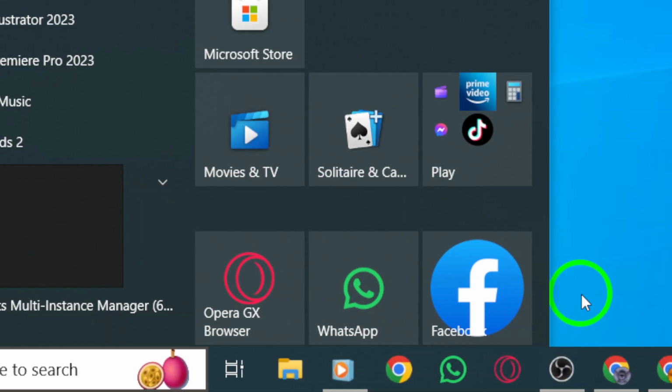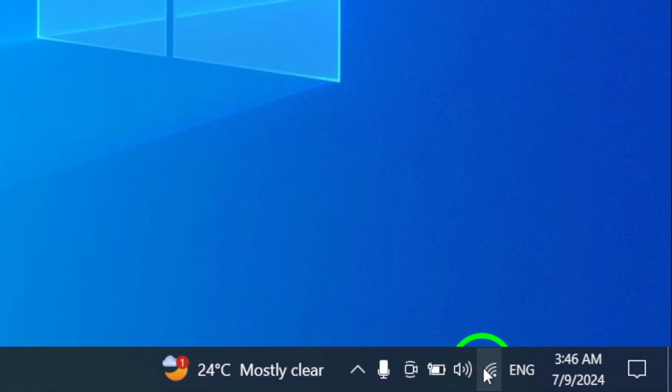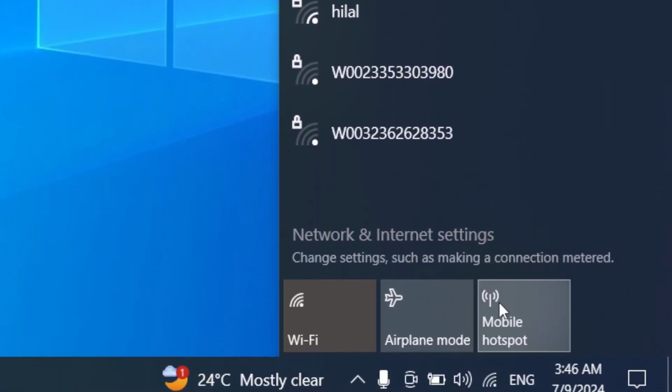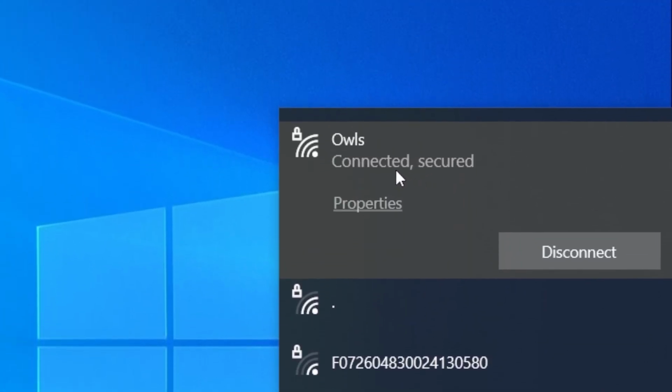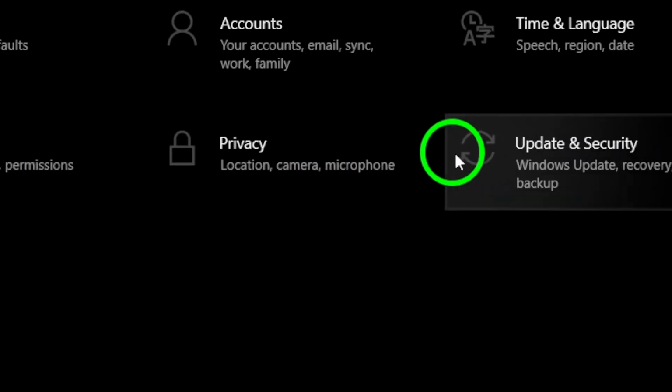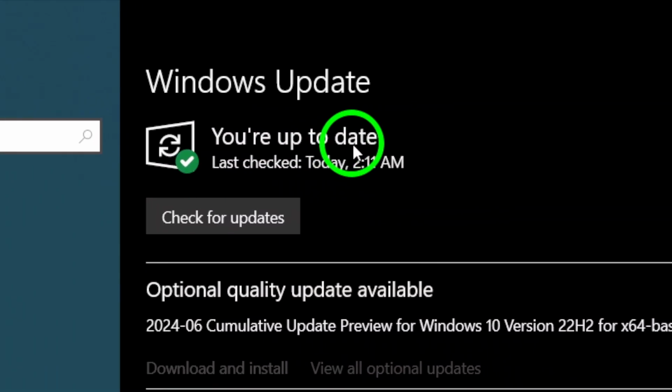Next, check your internet connection. Make sure you have a stable connection and try switching between Wi-Fi and mobile data to see if that makes a difference. If the issue persists, it's worth checking for any device updates. Ensure that your device's operating system is up to date, as outdated software can sometimes cause compatibility issues with apps